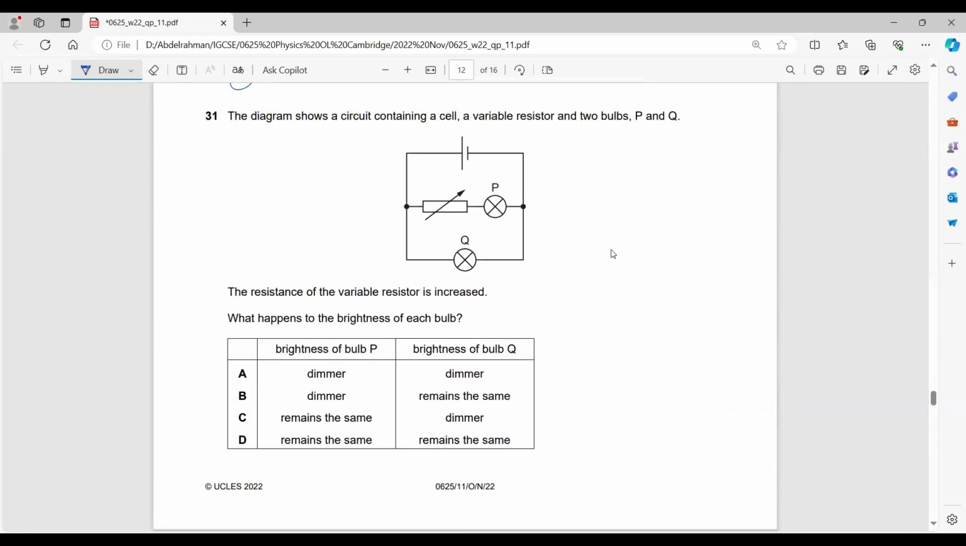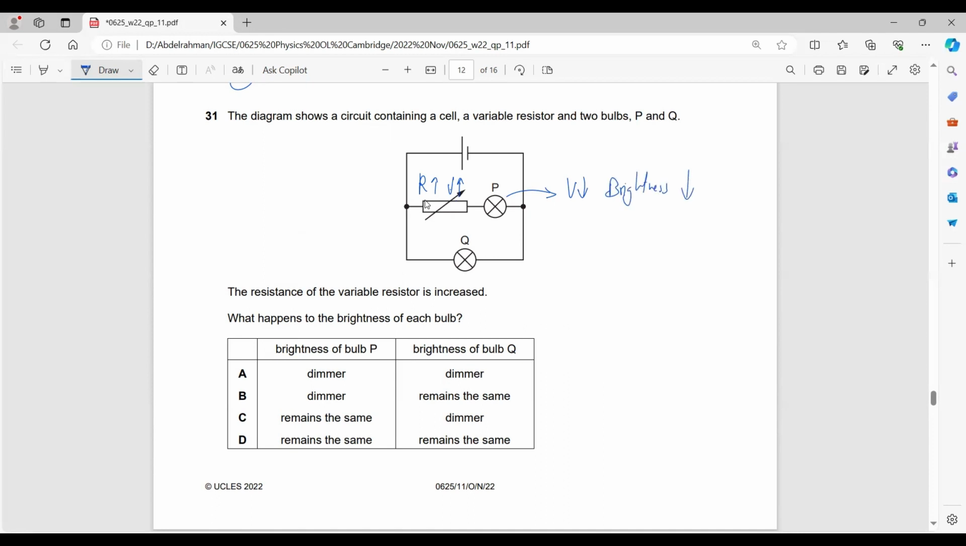The resistance of the variable resistor is increased. We increase the resistance of this resistor. What happens to the brightness of each bulb? As the resistance of the variable resistor increases, the voltage of the variable resistor increases, and therefore the voltage of P decreases. When the voltage of P decreases, the brightness of P